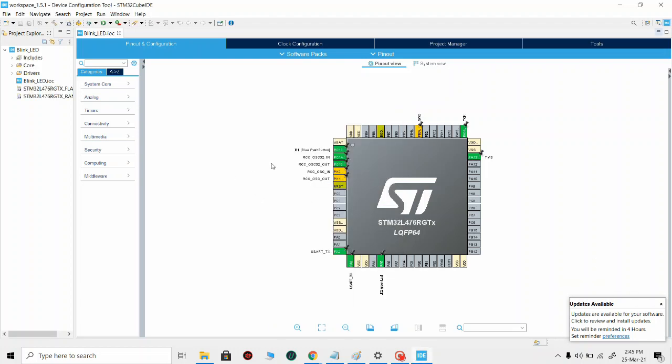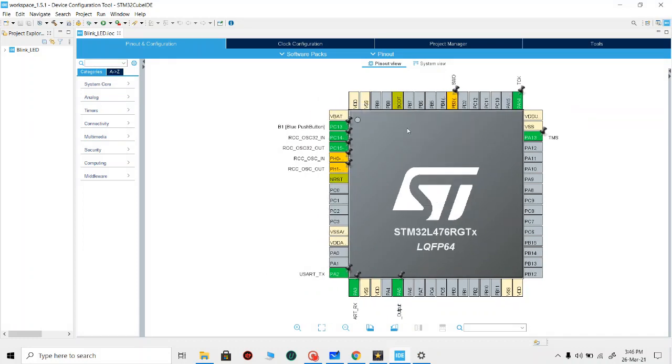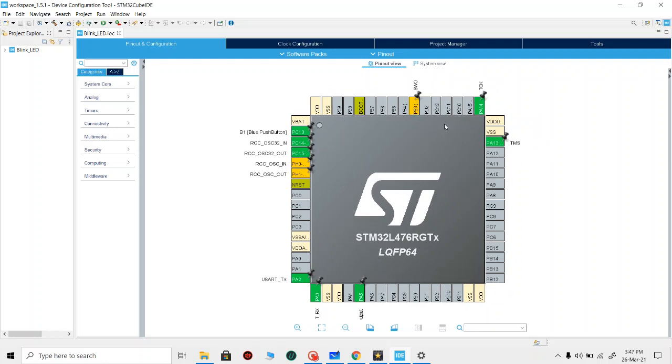This has completed, and the onboard microcontroller is visible in your viewing area. So this controller has 64 pins, 16 pins on each side. Like 1, 2, 3 up to 16 on one side and 16 on the other side. So this is a 64-pin LQFP package, which is a flat package. The chip is inside this blob that you see.